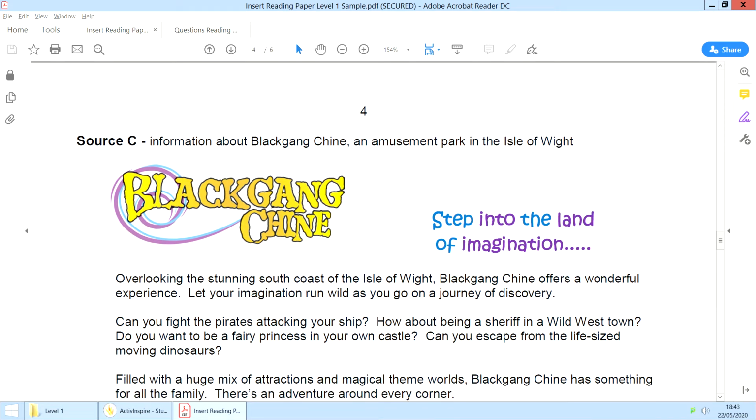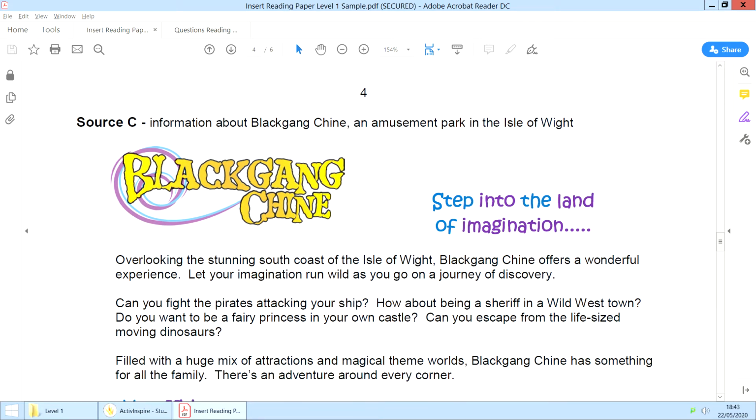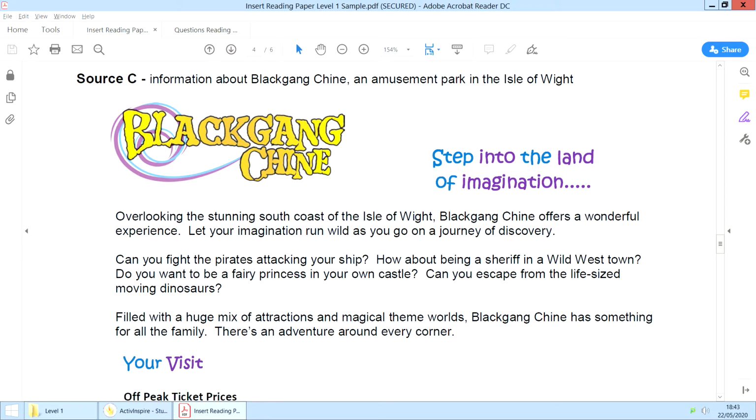Source C then. Information about Blackgang Chine, an amusement park in the Isle of Wight. So here we've got a logo and it's darker in the middle and lighter at the ends, and we've got this purple and blue swirl, and these colours here match this across here where it says step into the land of imagination, and you see the alternate colours here. It's very posh, very nice. And so